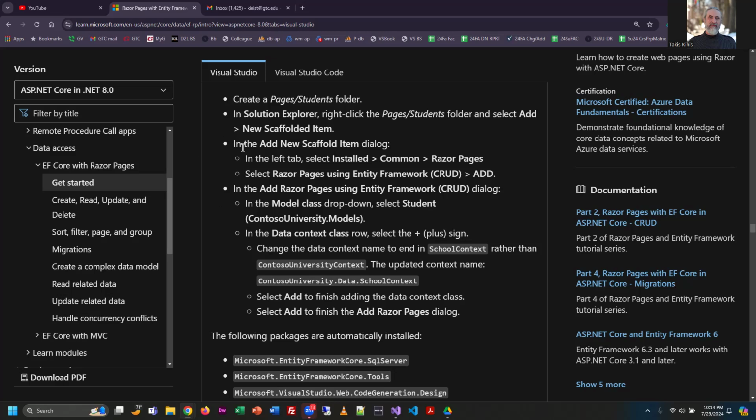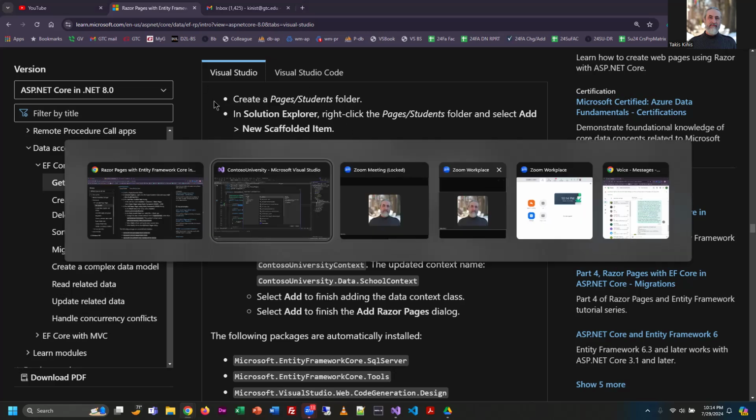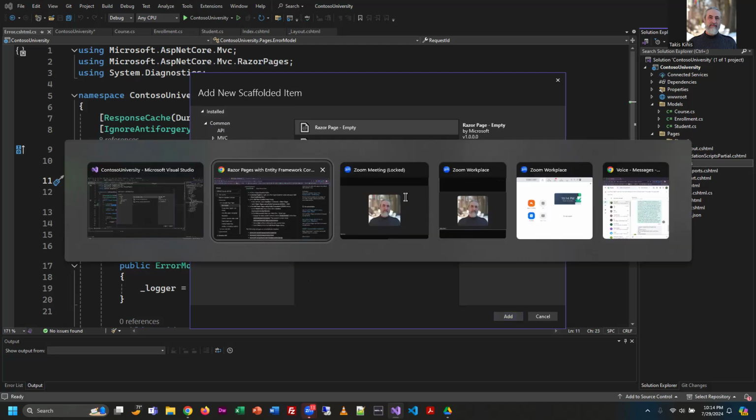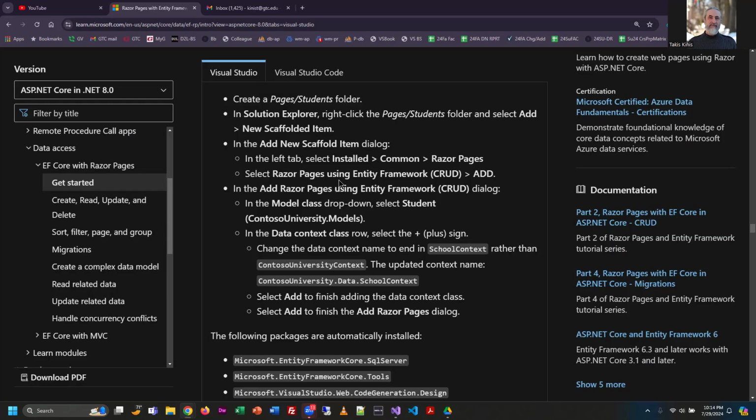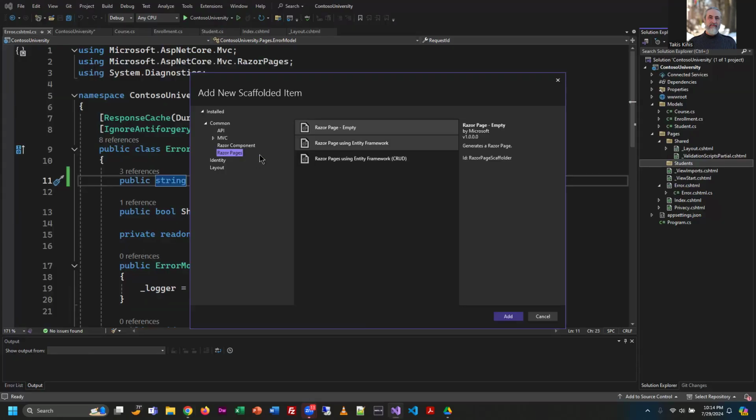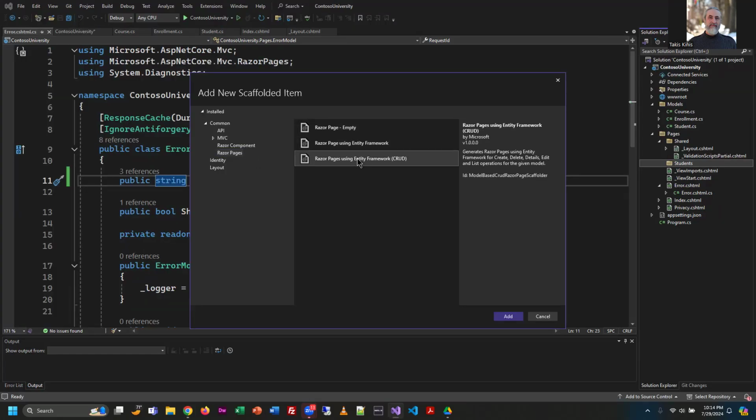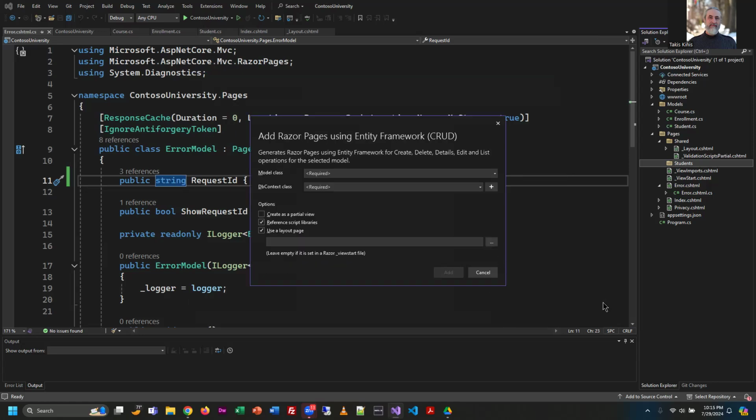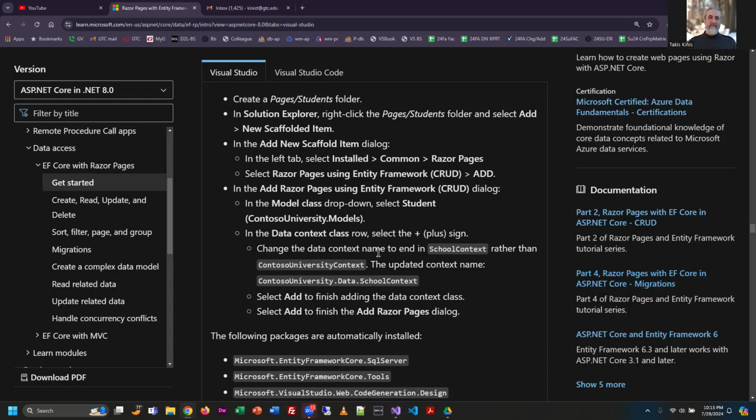And then it says in the left tab, we want to get Razor pages. So installed common Razor pages. So we're going to go to installed common Razor pages. And then select Razor pages using Entity Framework CRUD, and then choose Add. Entity Framework CRUD, and then Add. So just following the steps. Now in the next dialog,